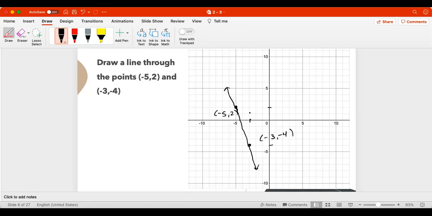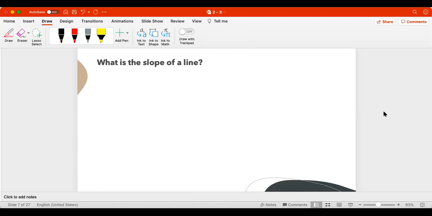And so definitely this line, as you look from left to right, it's going down, right? So it's going down and to the right. So this would be like a decline. So that brings me to my next topic, the slope of a line. So the slope is going to measure that steepness. So it's a measure